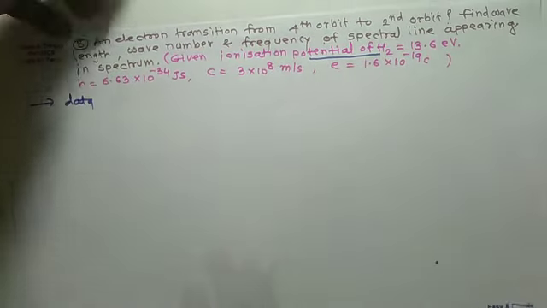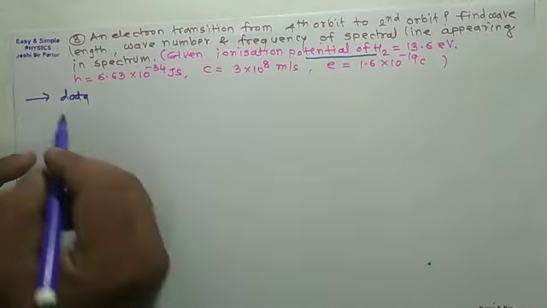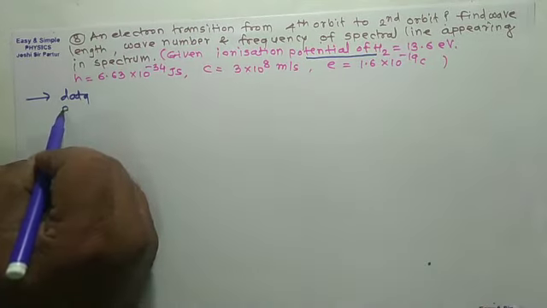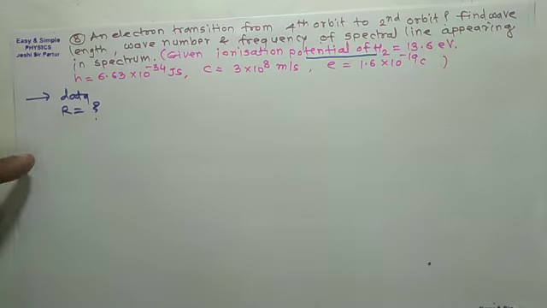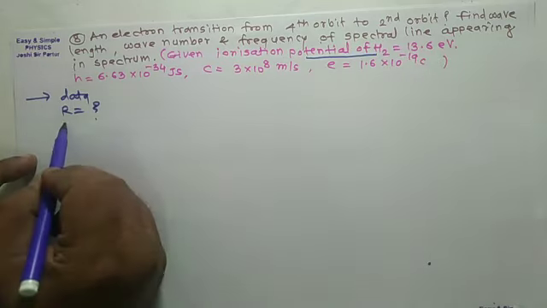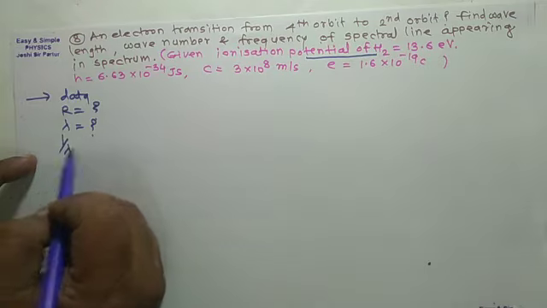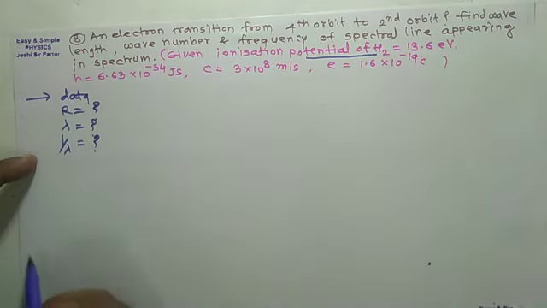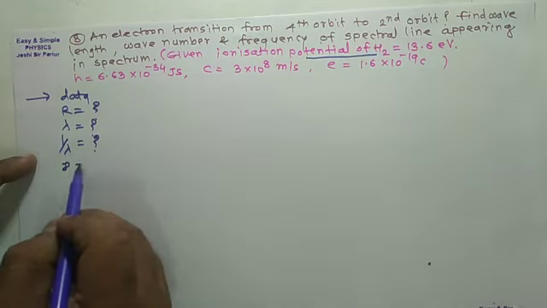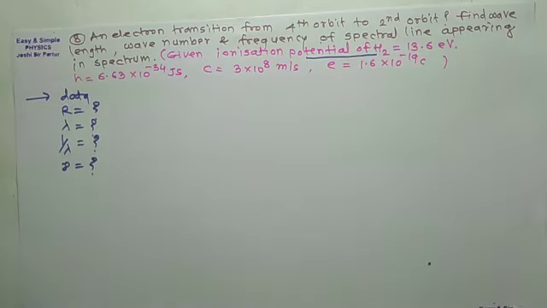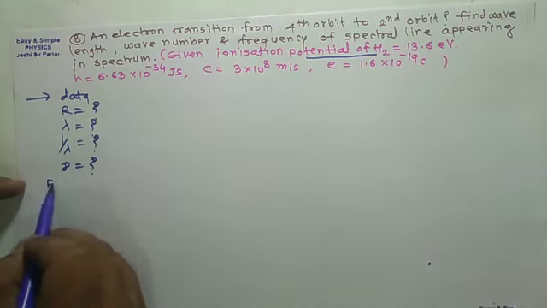In such example, here R is not given. So first of all, we can find out R. Second, we can find out wavelength. Third, we can find out wave number, means reciprocal of wavelength. Next, we can find out frequency, that is nu. And given ionization potential, means energy,